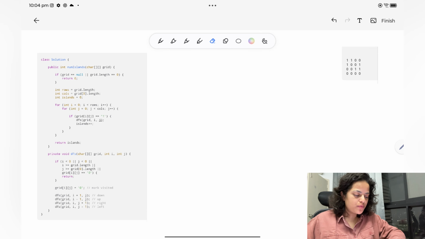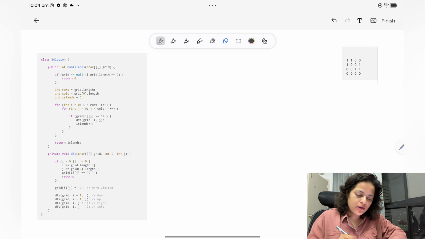Hey guys, let's discuss a new problem from graph, which is called find the number of islands. You would be given a 2D array. Let's say the 2D array is this: